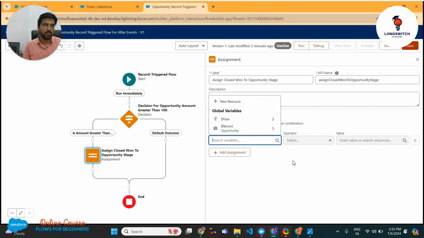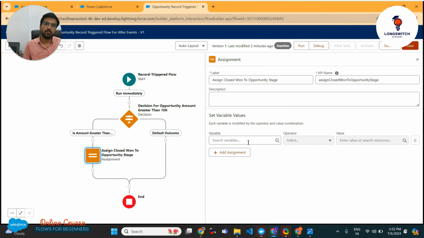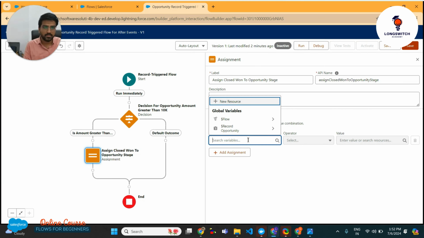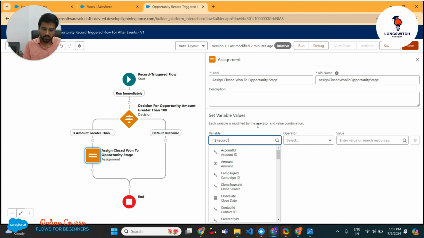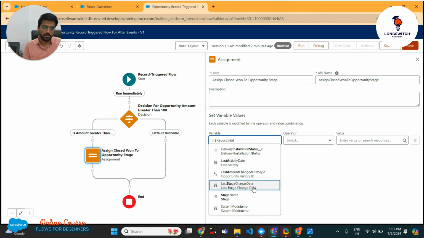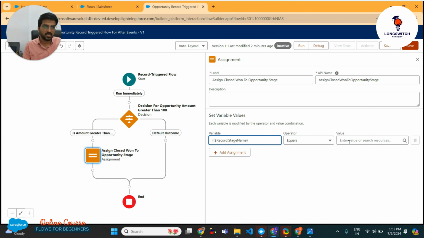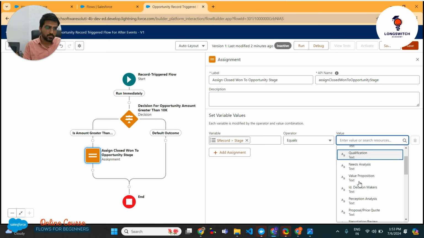So now here in the variable we have to assign something, but since we want to update the current record which triggered this flow, again we will use a record element here, and what we want to update is the stage field. So from here choose the stage, and what you want to assign it to,